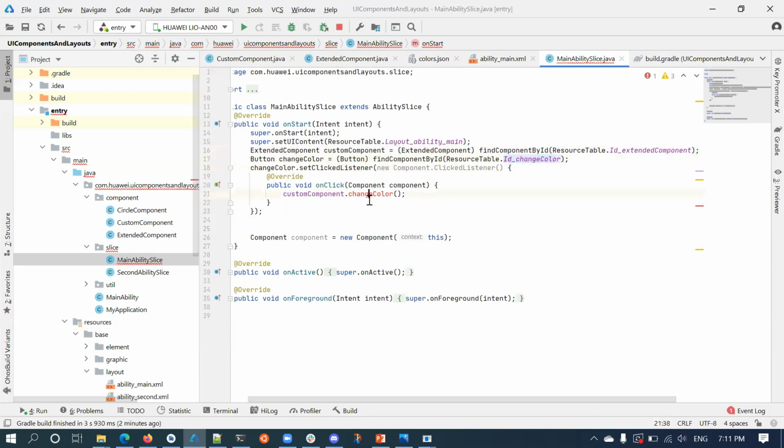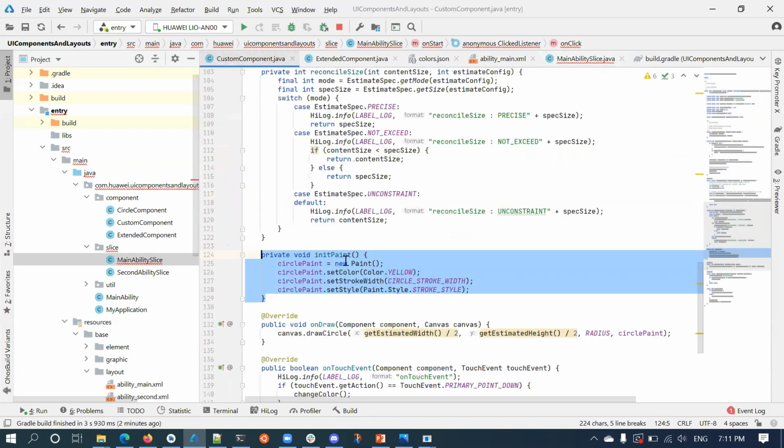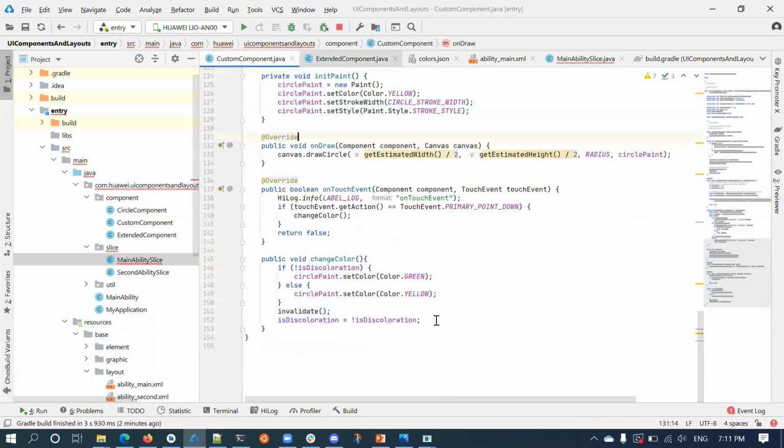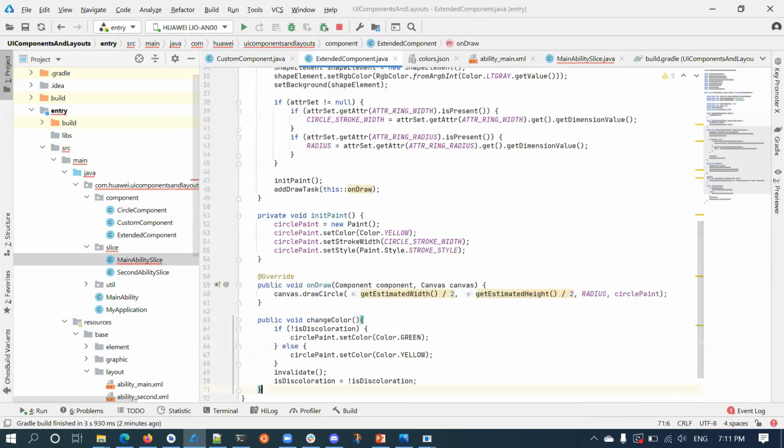So on click of this button, we are going to create a method called change color inside extended component. Earlier in the initialize paint, I have set the paint color as yellow. So on click of button, I am going to call this change color method, and based on that Boolean variable, every time on click, I will change that Boolean variable to the opposite. So I will change the paint color to green and paint color to yellow, back and forth. And I will invalidate the view.